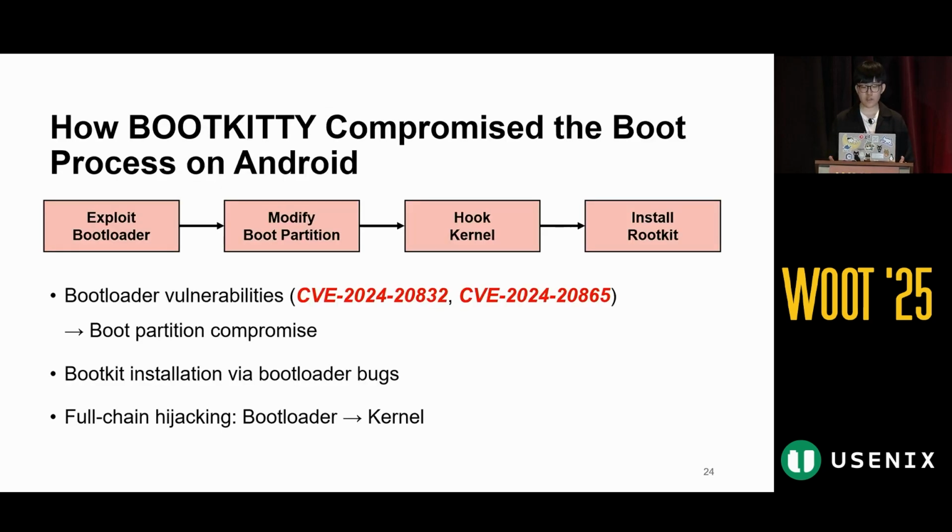Bootkitty exploits an Odin authentication bypass vulnerability in the bootloader stage to install the bootkit. It then exploits a heap overflow during boot to execute arbitrary code. These vulnerabilities enable the bootkit to run and inject malicious code into the kernel. Now, based on these vulnerabilities, we will explore a step-by-step scenario showing how Bootkitty gained control of the Android boot